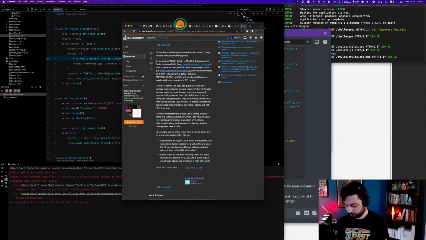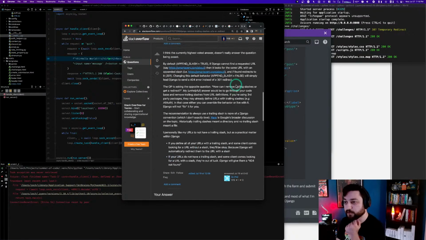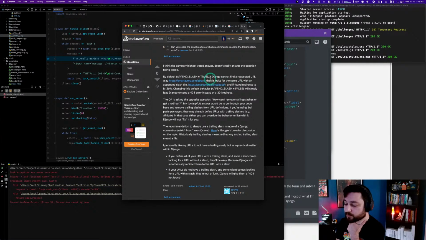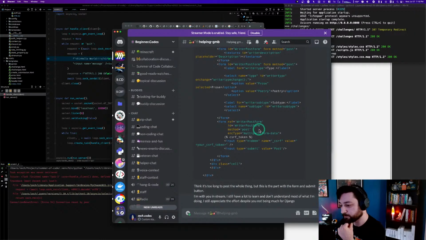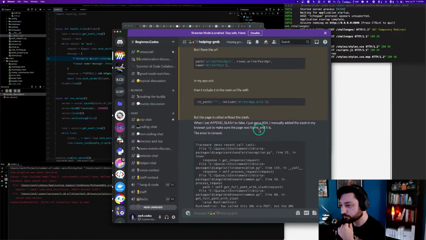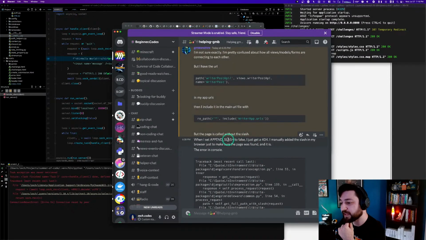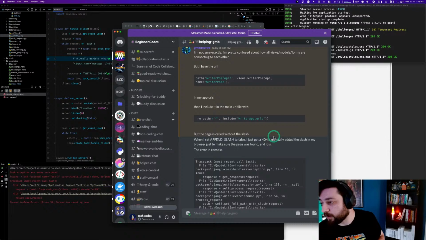Make it a little bit bigger. By default, APPEND_SLASH is true. If Django cannot find a requested URL, say about, then it looks for the same URL with an appended slash. So what that's telling me is, like you were saying, you were using append slash, right? Yeah, you were using append slash. So you should be able to